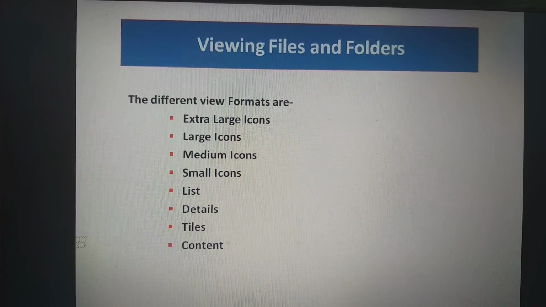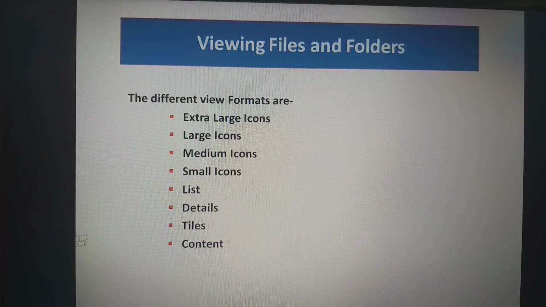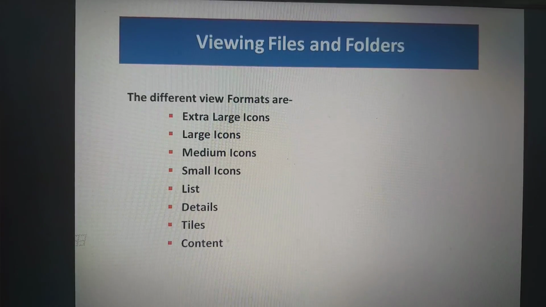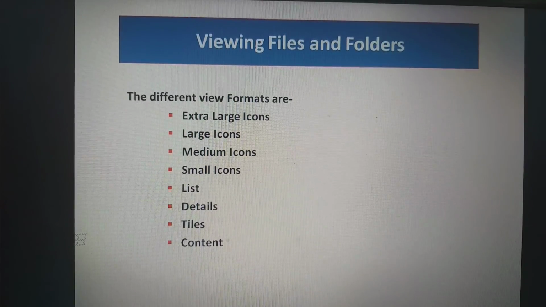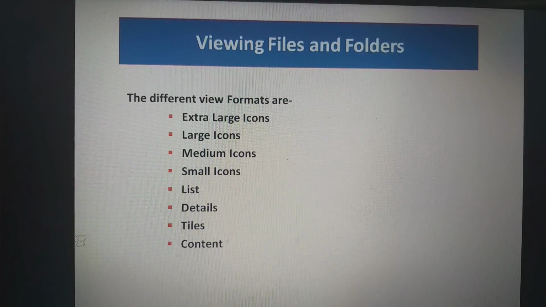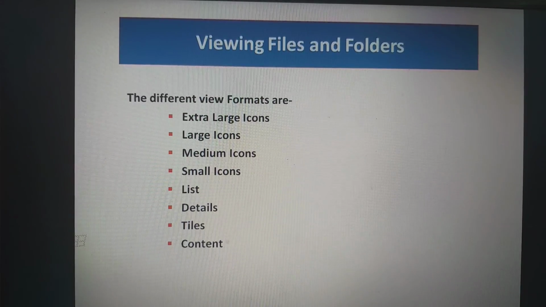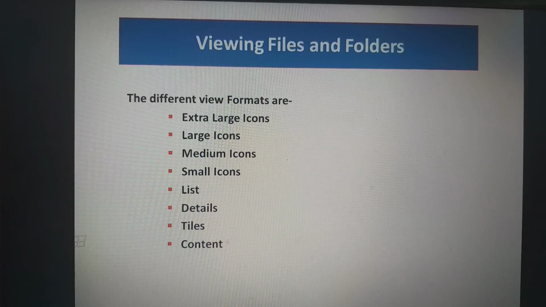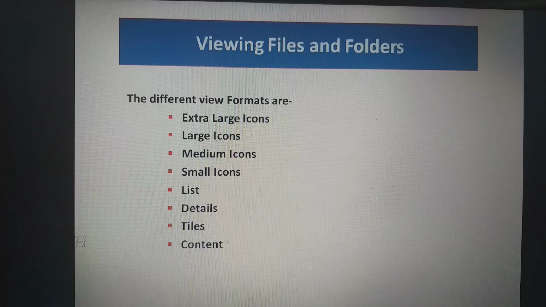At first, we will discuss what files and folders are, and then we see how to view files and folders. A file is a collection of data which is stored on some storage device such as hard disk, and a folder is a container where many files are stored.